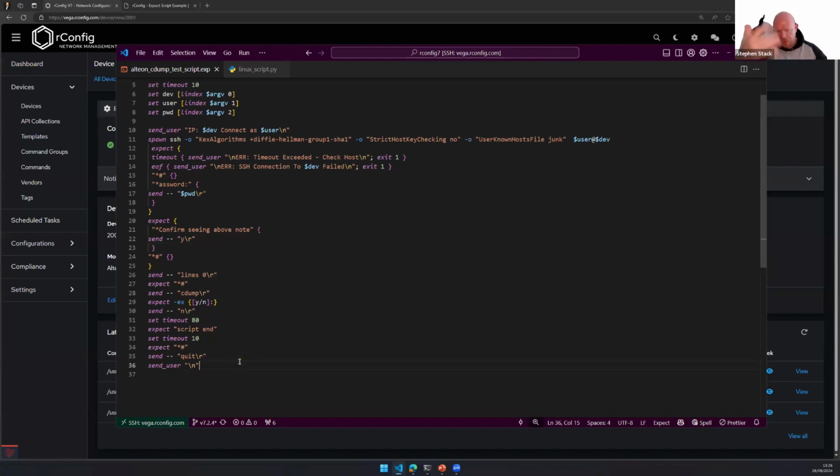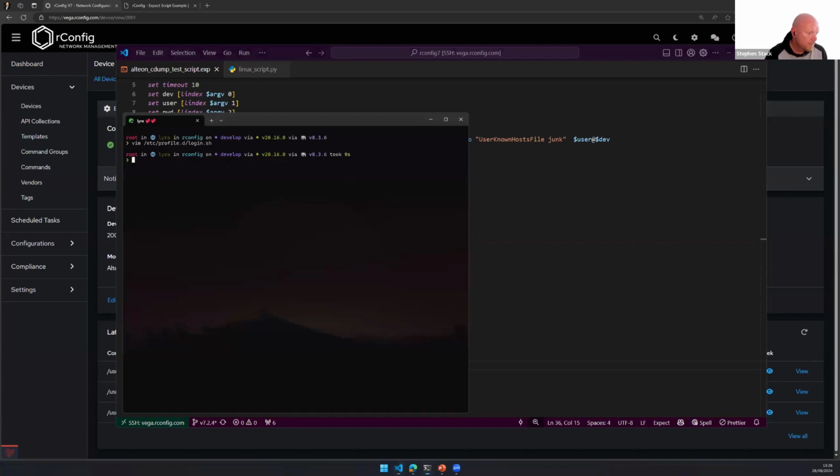And we just go through the rest of it. Do our cdump, get our yes, no, script end, set timeouts as we need, whatever we need. And basically, whatever this script sends back to us is what we capture. Let me demonstrate that. So if I look here on my CLI,